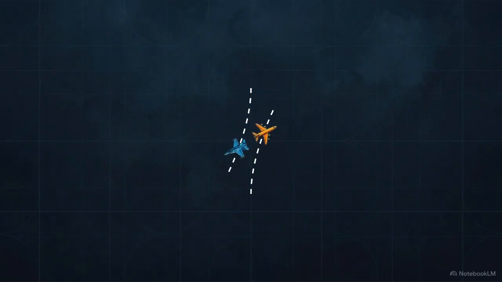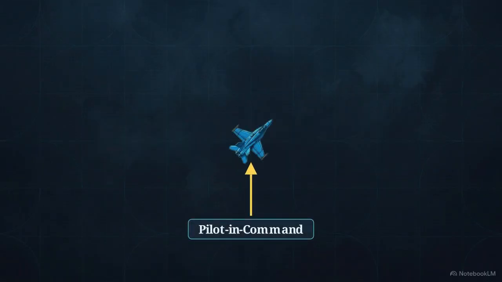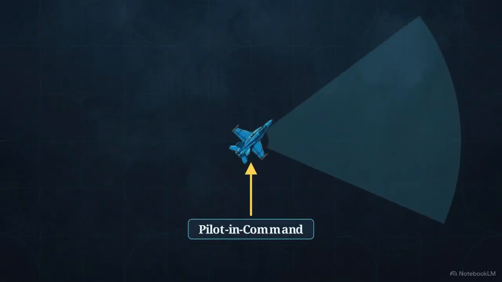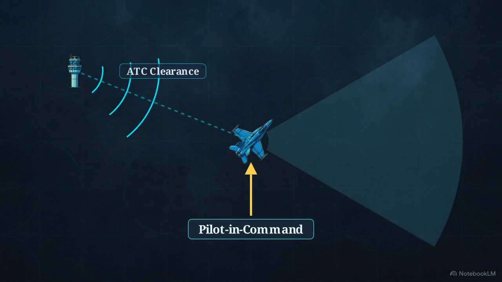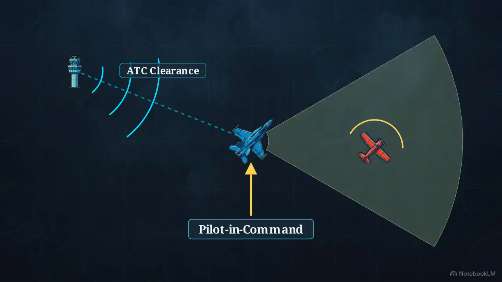Aviation traffic rules exist to create predictable, standardized behavior. If every pilot follows the same rule, the other pilot knows what is going to happen, and no one is left guessing in a critical moment. Regulations state that the pilot in command is responsible for the safe operation of the aircraft. Even if you have received an ATC clearance, you are not relieved of the responsibility to avoid other traffic and